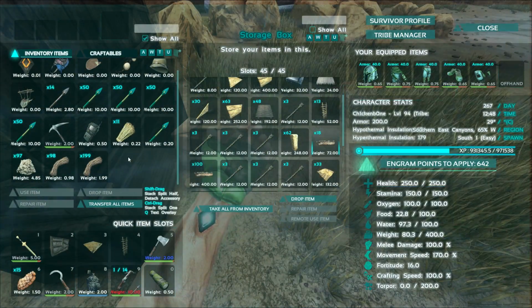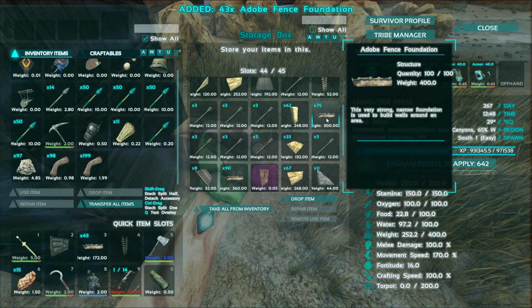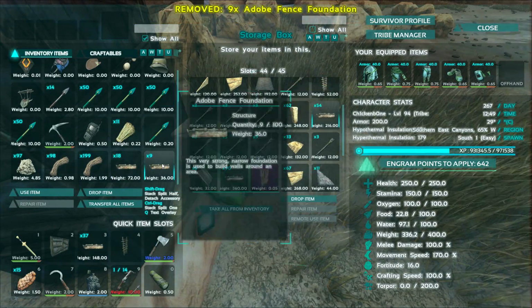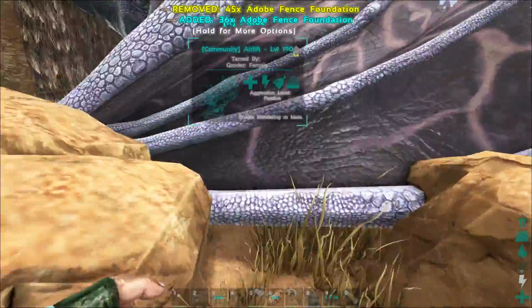Alrighty, you guys. Now that we've finished the entire wall shell, all the way up to the top, I want to grab as many fence foundations as I possibly can. Okay, we're not overweight right now. That's good. What I want to do with you guys is start at the top,